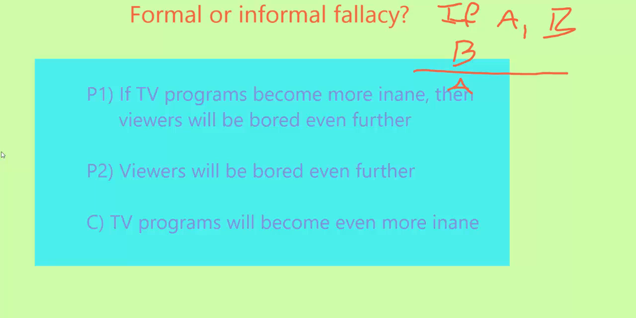Just imagine that it's true that if TV programs become more inane, then viewers will be bored even further. That's very likely to be true, right? Then imagine that the viewers are bored even further, but for some other reason. It's not because the programs become more inane. Maybe it's because there's even more commercial time being taken than normal, right? If you're watching a TV show, the program might be fine, but if there are so many commercials, you'll still get bored. So in which case premise 1 and premise 2 can be true, but then our conclusion is going to be false